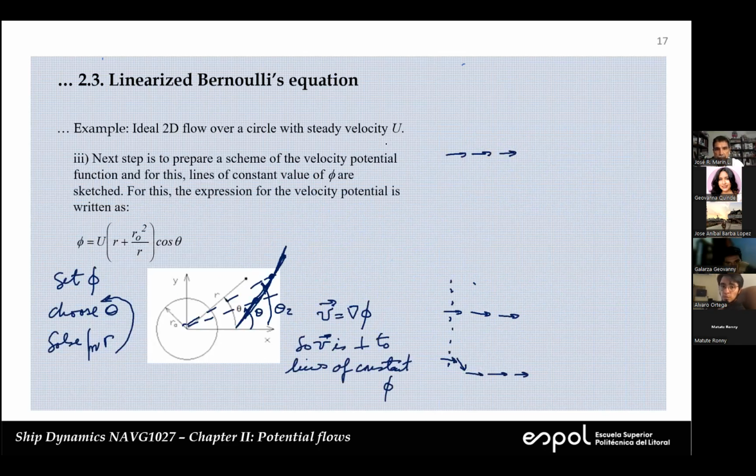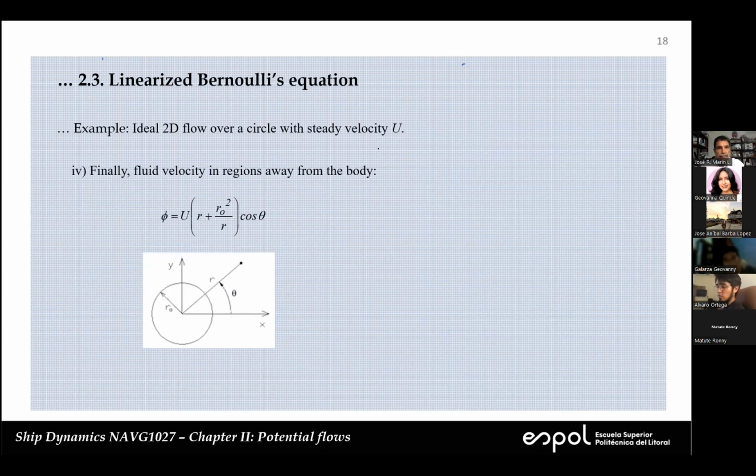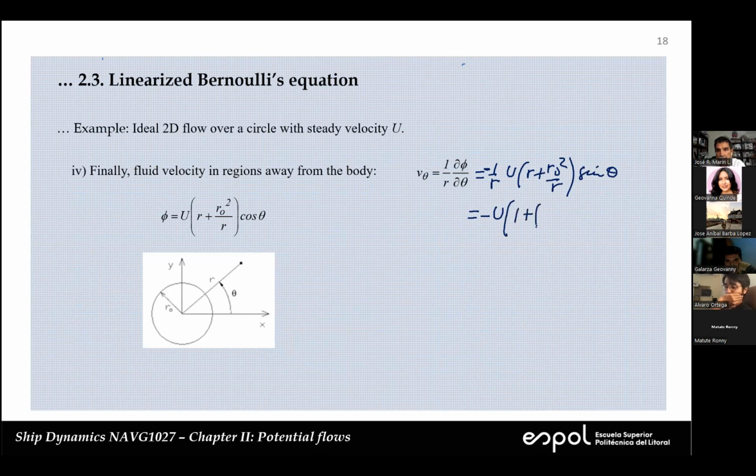So the partial of phi with respect to theta is equal to u, r plus r0 squared over r, sine theta, and it was negative, right? That's equal to minus u, I have 1 plus